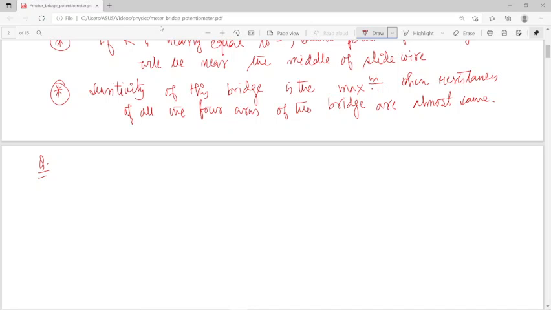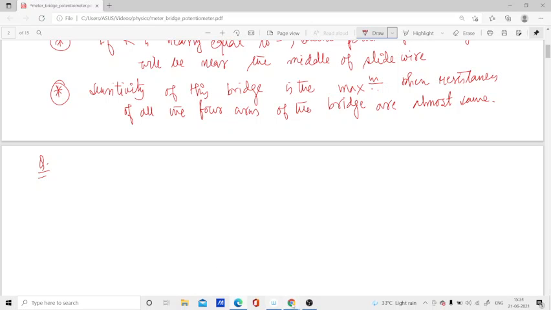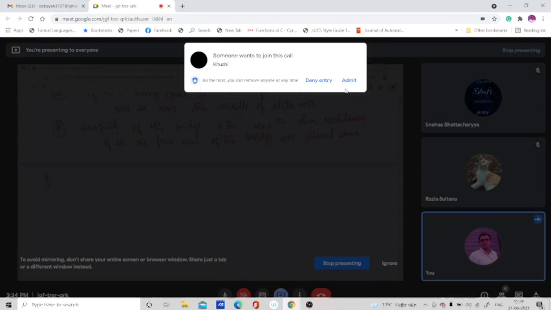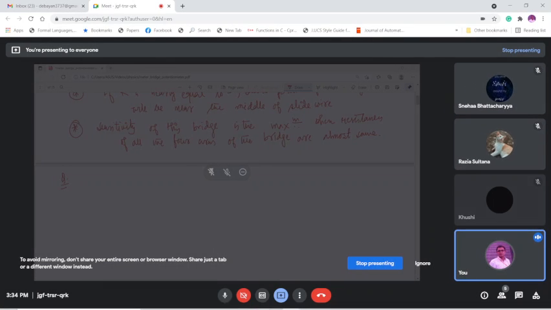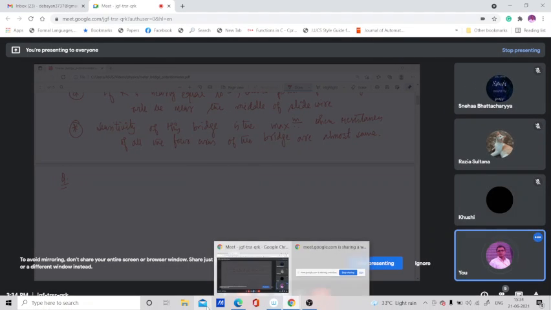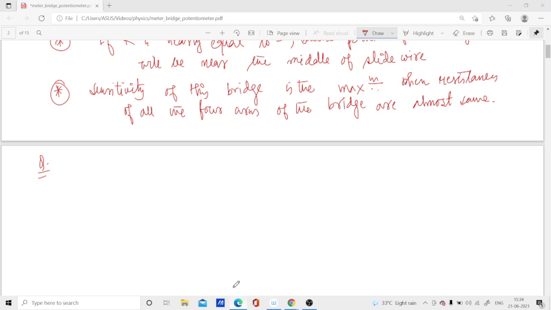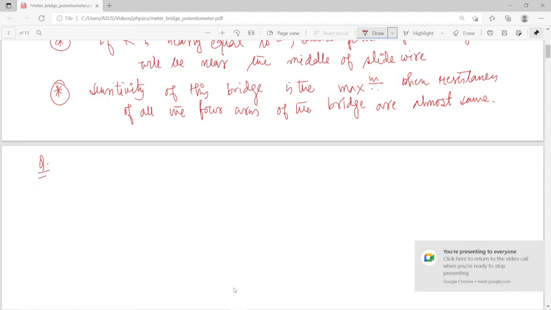That is the only difference that you can think of. Otherwise, the thing is the same as the Wheatstone bridge network. So if we